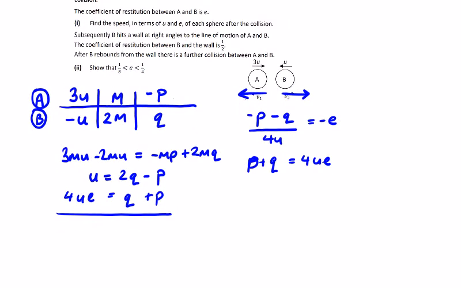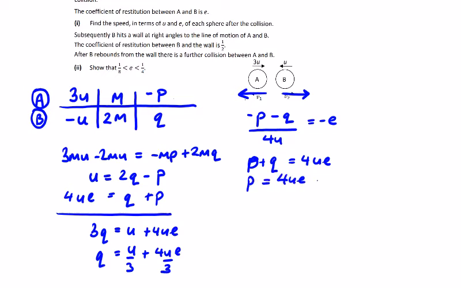So we're going to get 3q, I'll reverse them over now. 3q is equal to u plus 4ue. Q is equal to u over 3 plus 4ue over 3. And p is equal to 4ue minus q. So p is equal to 4ue minus u over 3 minus 4ue over 3. So p is going to be 4ue's, 12ue over 3, minus 4 of them, so that's 8ue over 3